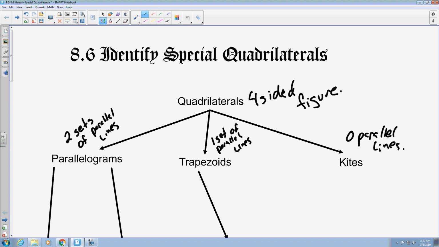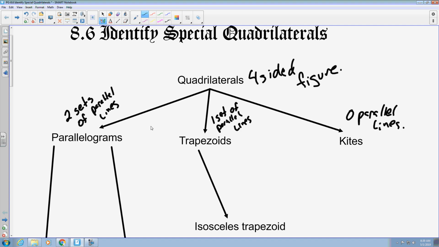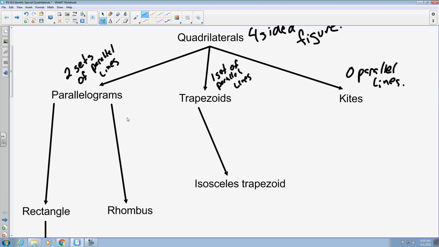Now, just because we have zero parallel lines doesn't mean that it's automatically a kite. You have to have the other characteristics as well, but this is one of the things that we can visualize and break off into. It's one of these three pieces. If it's zero parallel lines and it doesn't fit the kite, it just goes back to quadrilateral. So if we look at the parallelogram, for instance, we have two sets of parallel sides. Then what we're going to do is